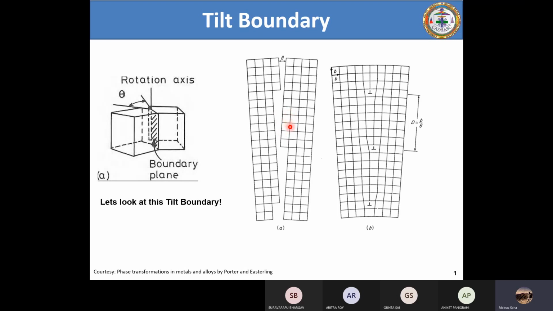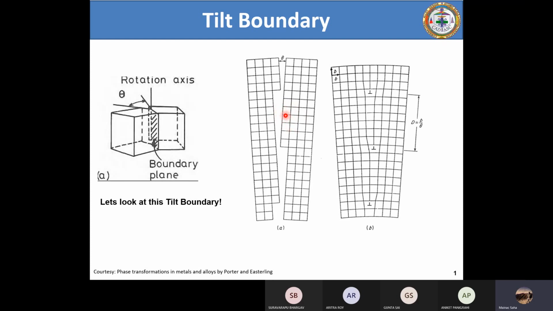1, 2, 3, in this case. But now if you look at an atom here, it is surrounded by how many atoms? 1, 2, 3, 4. So this diagram can also tell you one more thing: if you look at an atom along a boundary, this atom will definitely have a higher surface energy. Why is it in a higher energy state as compared to an atom here? Because it is not surrounded by the same number of atoms at the interface or at the boundary, any kind of boundary.